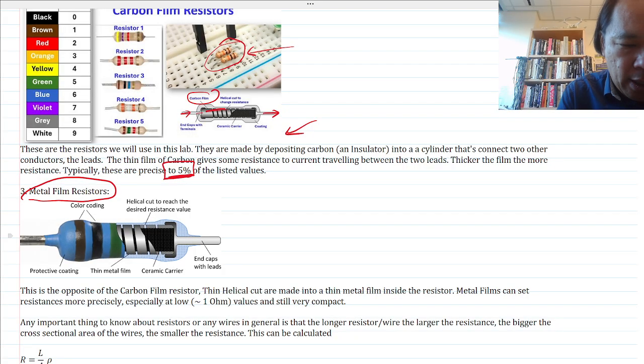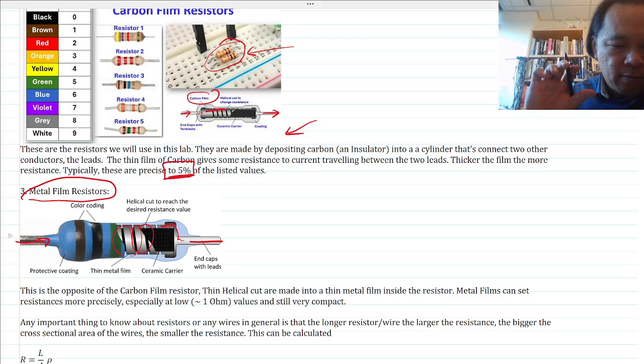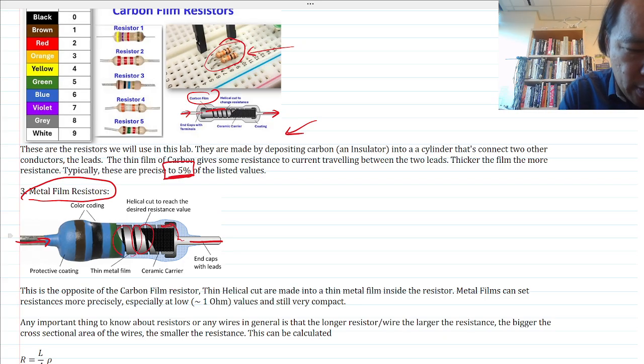So the difference is that instead of depositing an insulator between the two conductors, so you have your two ends of your resistors, what they do is they wrap one of the conductors around, and you make it a very thin metallic film as opposed to a carbon, which makes it a conductor film. And the thinner it is, the more resistance you'll feel,